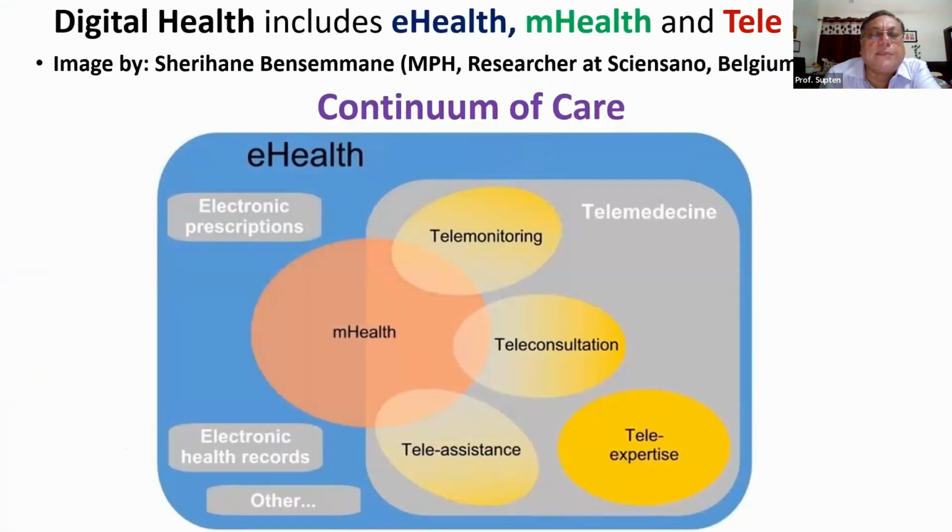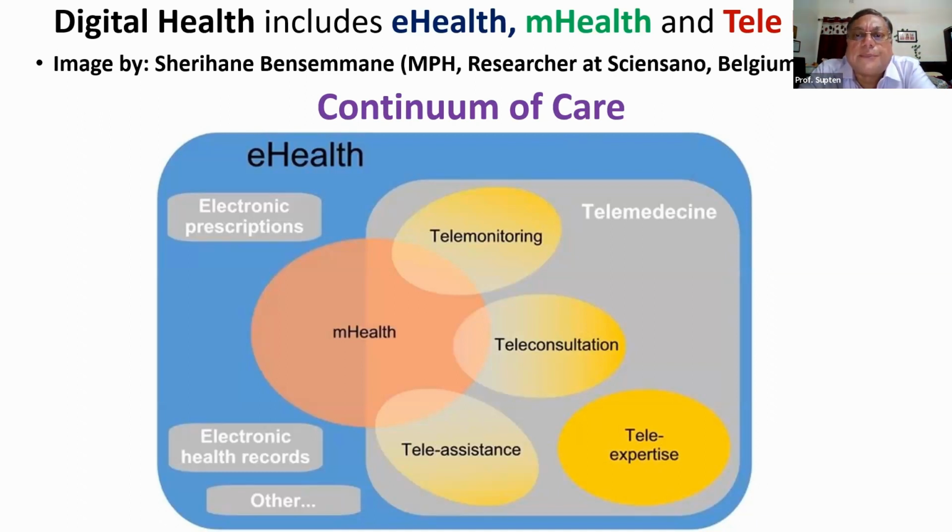Now, what does it really include? Firstly, there is e-health. What is e-health? E-health is nothing but wherever we are using internet, the World Wide Web, for health, for learning about health and for healthcare delivery. Then m-health, that is mobile health, where the mobile phones and particularly the smartphones are being used for getting information about health education, as well as healthcare delivery. And telehealth. We all know during this COVID-19 pandemic, this telehealth, m-health, all these became very common. And obviously since then, the use has come down, but it's still at a much higher level than it was before the COVID-19 pandemic.